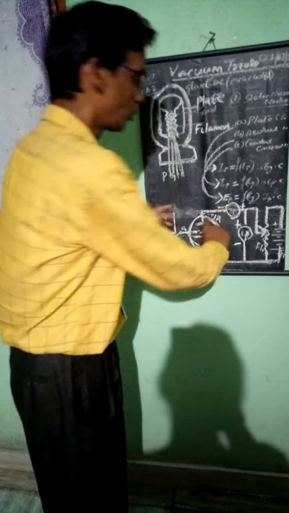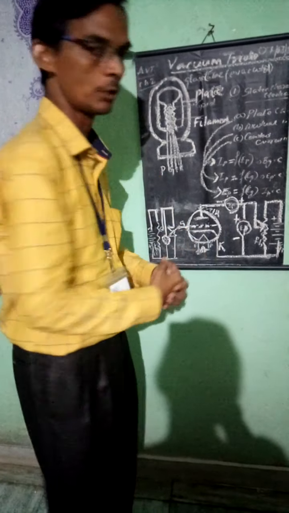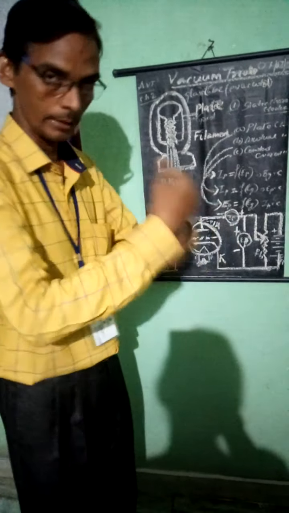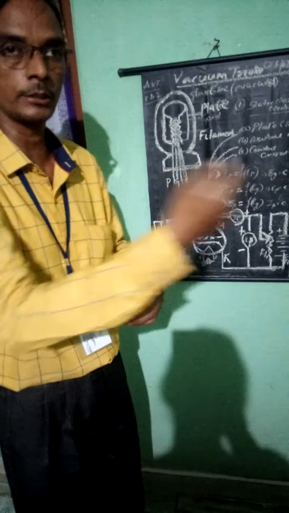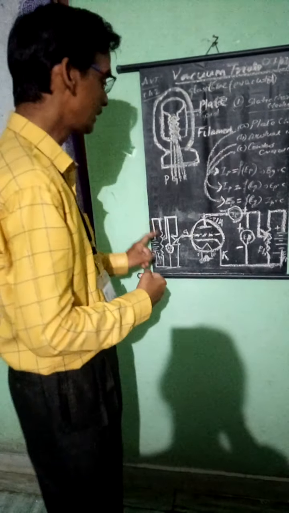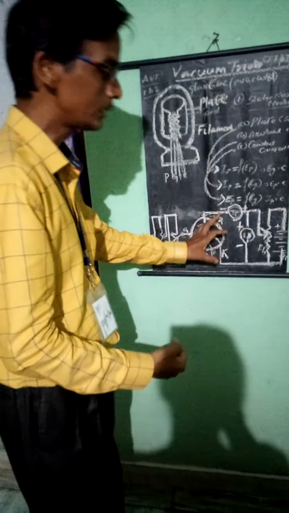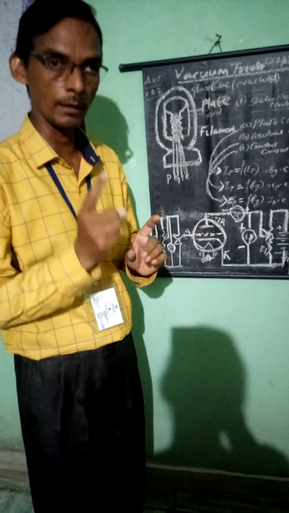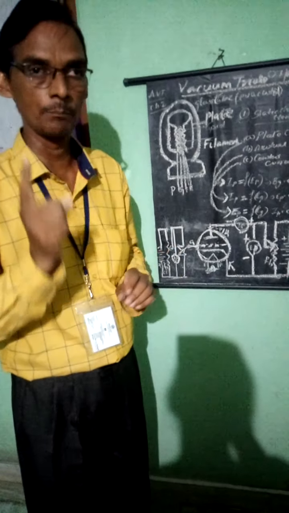Let us see now. If you go to this analysis of the working principle, the triode is enhancing the signal. That means it is going to develop the signals of the input signal. This input signal is going to develop. Hence, we are using the triode vacuum tube as an amplifier.